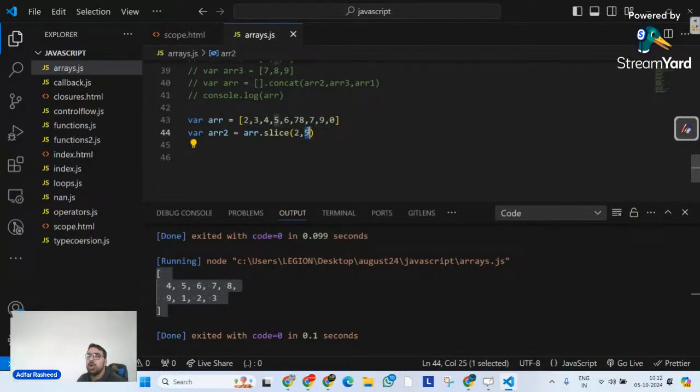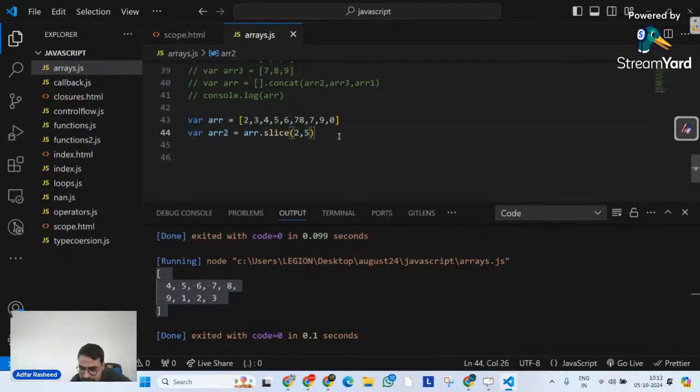But remember, the first starting index will be included in the slice, but the end index that I have mentioned will not be included inside the slice that we are trying to create. So according to these two indexes, we have index two, three, four, and five. But as I said, the fifth index, the last index I have mentioned, will be excluded.